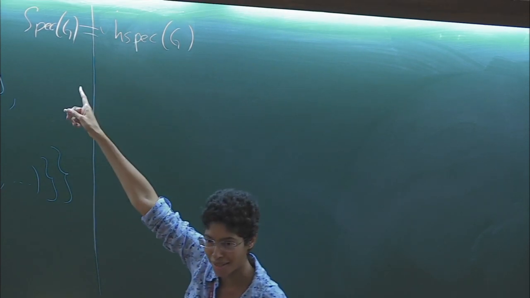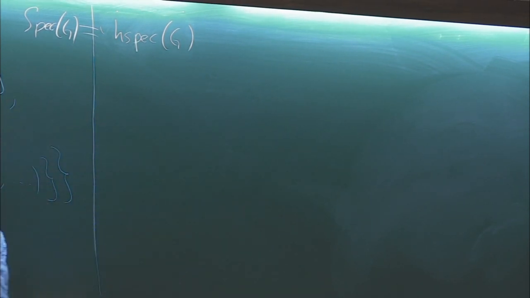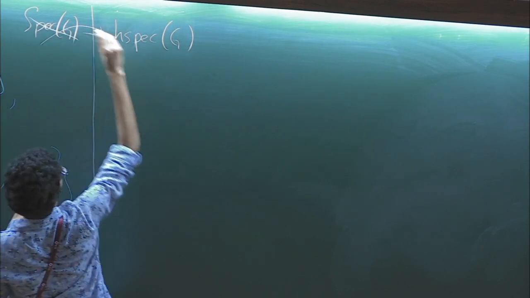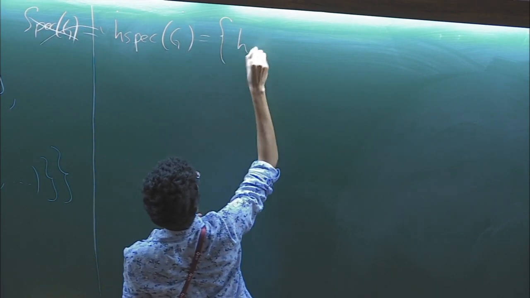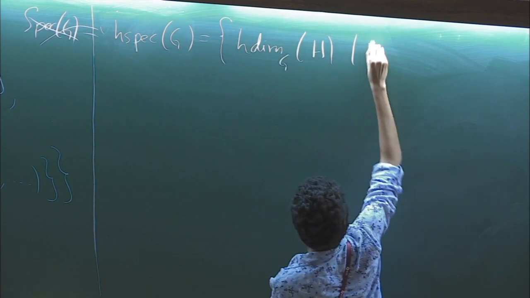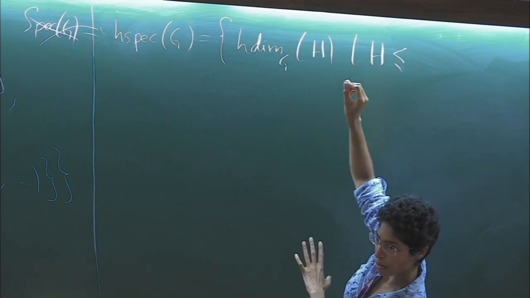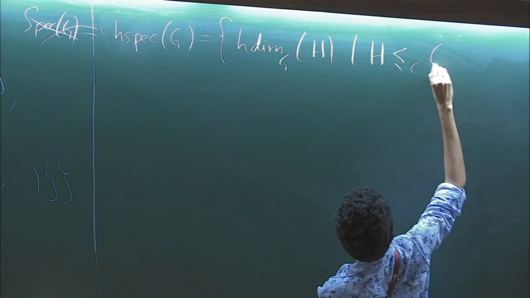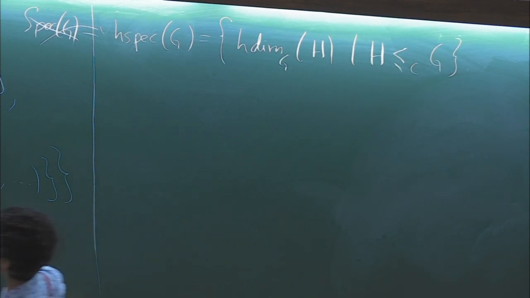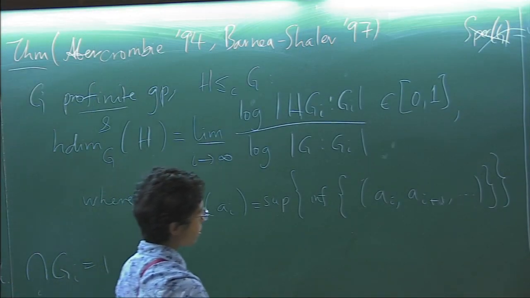As we saw in Anher's talk, he also had a spec of G, which was the orders of the torsion units. Yes, so it's something completely different. So we prefer this. And as I said, it's just a collection of all Hausdorff dimensions of subgroups as you run through all subgroups. And of course, because we're in a profinite group, we're only interested in closed subgroups. Okay, so this other direction of research where you don't deal with an explicit G, but a nice family of pro-p groups,